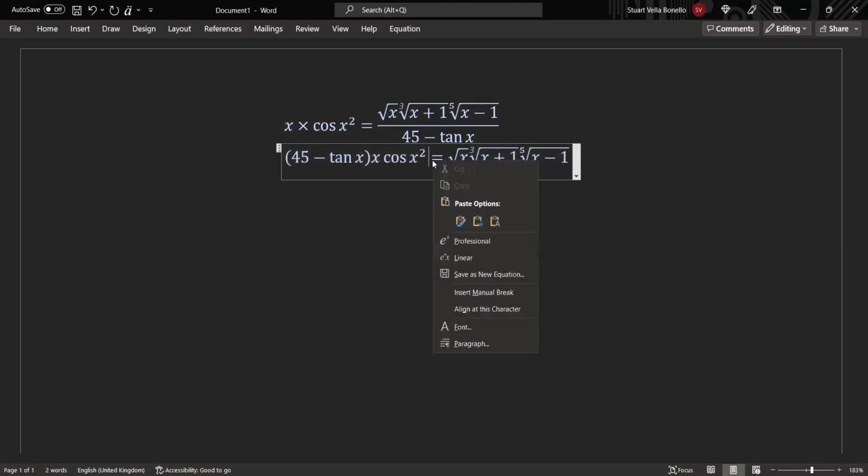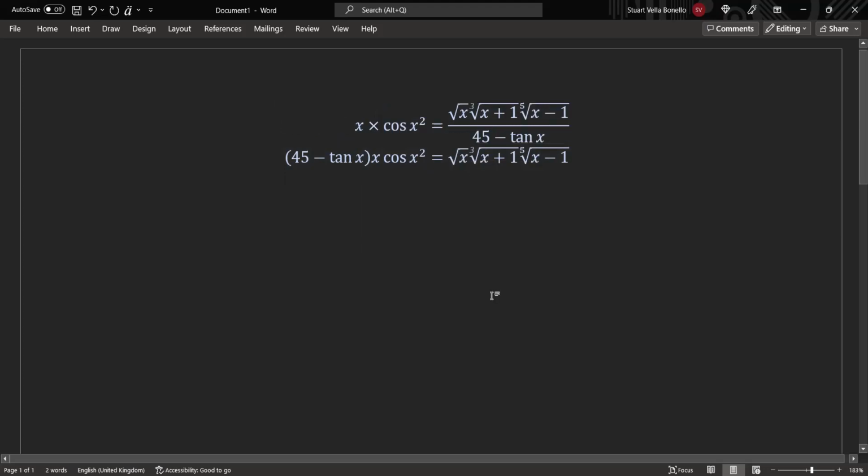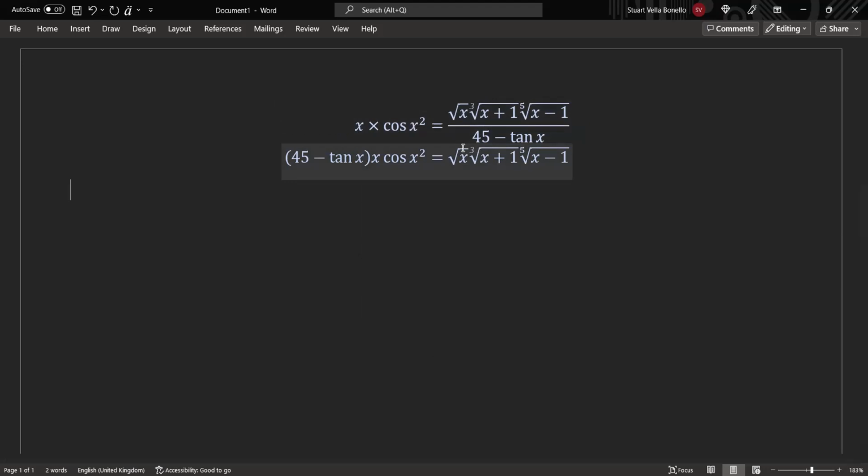But when I do the same thing over here, now the equalities are under each other. So you can quickly see how this equation is being simplified, or how it's being rewritten. I would say these are the basics. Alt Enter is to create that